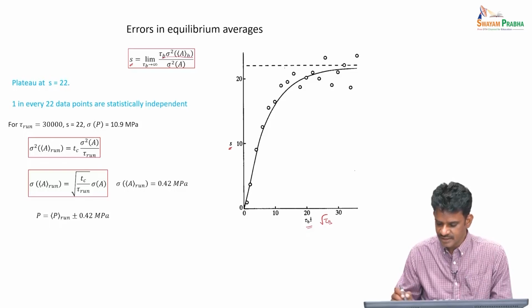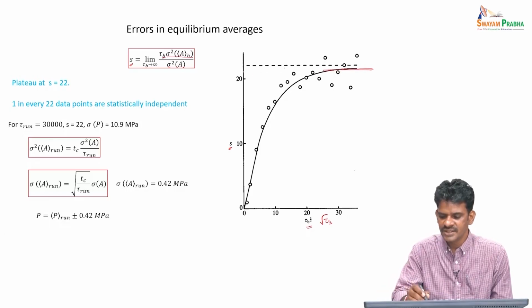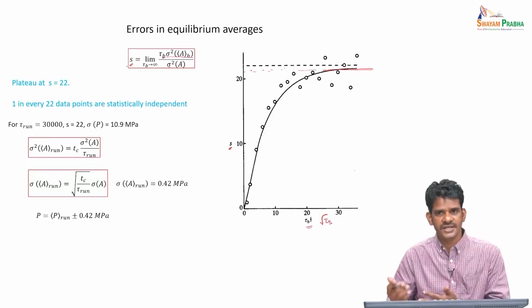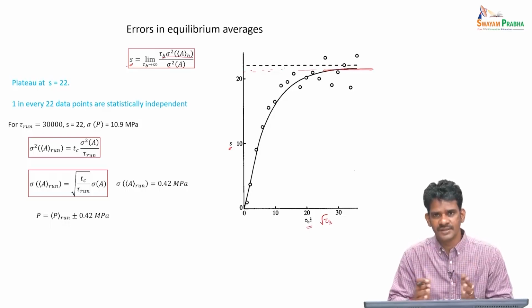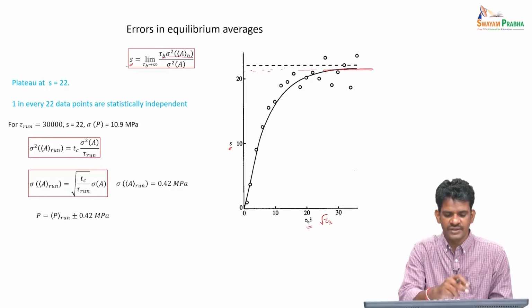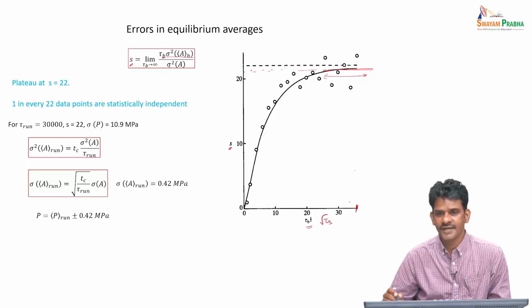As you can see, as tau b increases, the data also shows an increase, and then it reaches a plateau value somewhere here, and we consider this as the statistical inefficiency for this particular data set. For any other data set, you could do something similar. You do this blocking operation, define the statistical inefficiency, and look for this kind of plateau value, and that is the segment length at which your data set becomes uncorrelated.